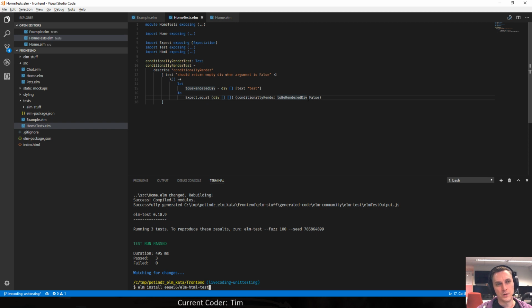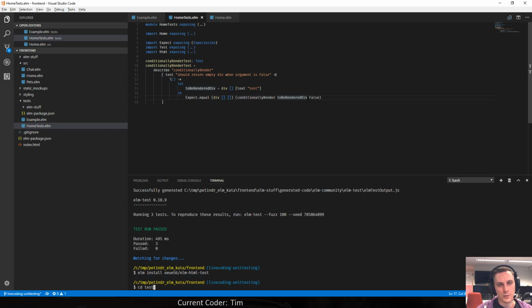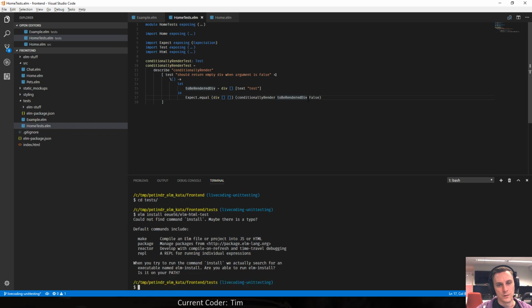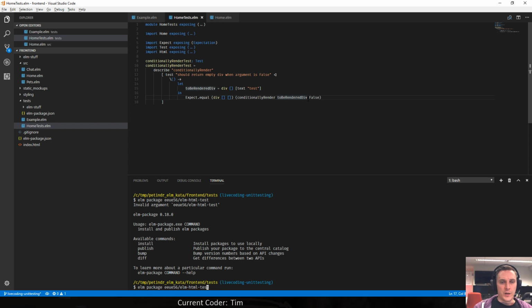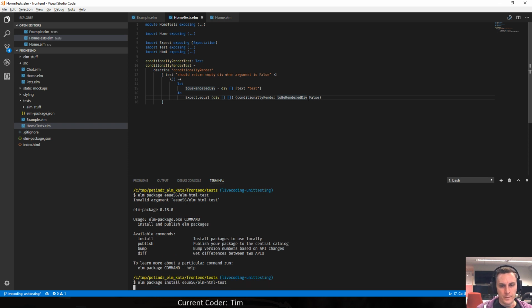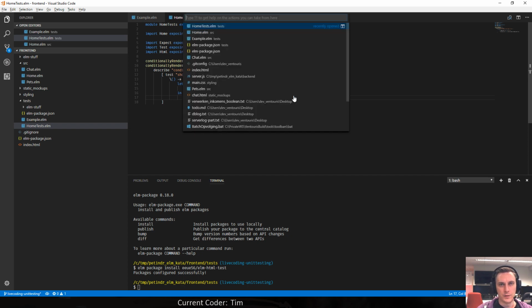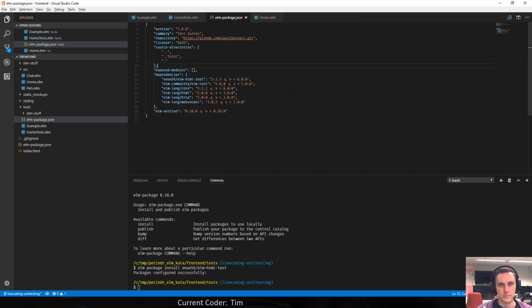Yeah, but I only want to install it in the tests directory, so I need to move to the tests directory and then install this package. Oh, sorry, package install, of course. Configured successfully. Yep. Seems to be working indeed.